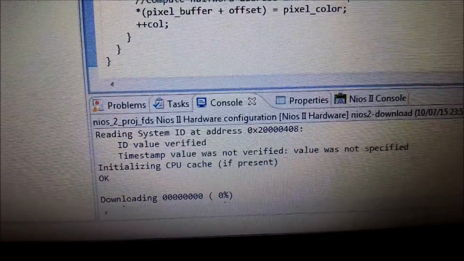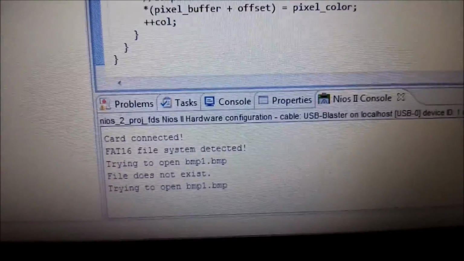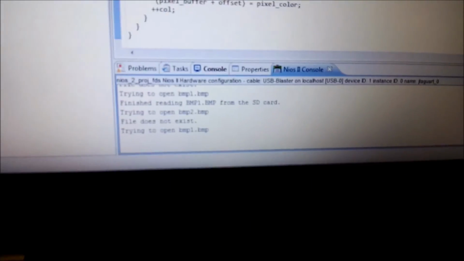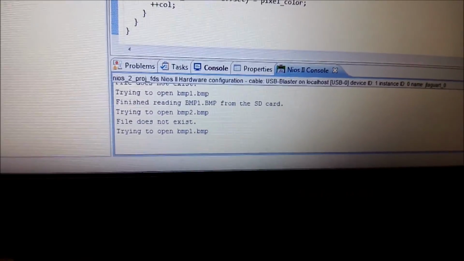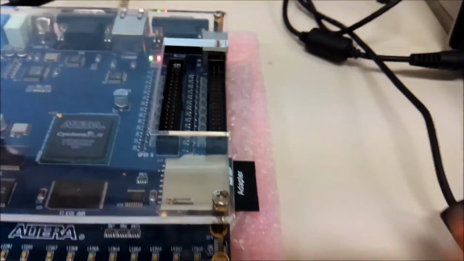As soon as it's good to go, it's now running on the board. You can see here the screen clearing up, and it doesn't display any image whatsoever, as there are no files to be displayed. The card is plugged in, but it's empty. So we can take the SD card,